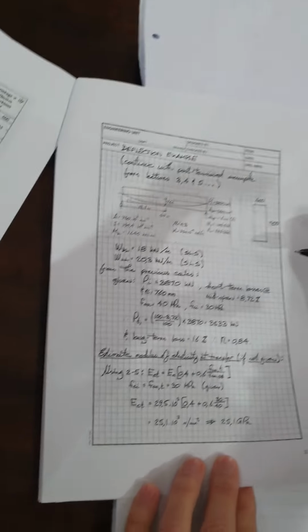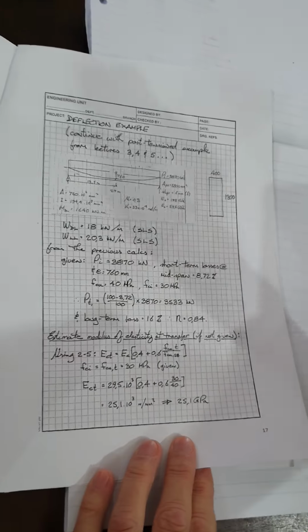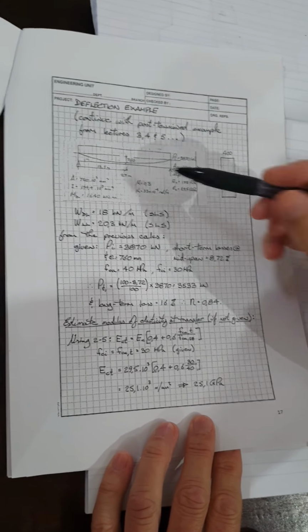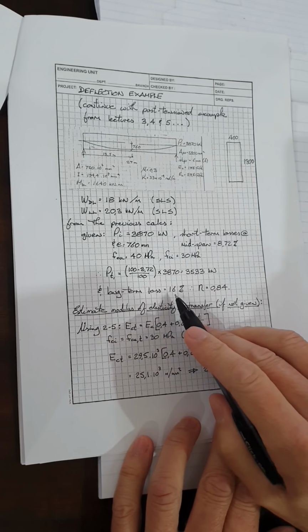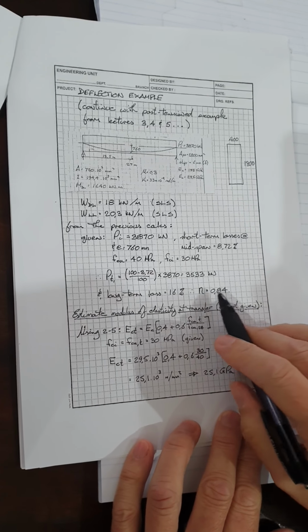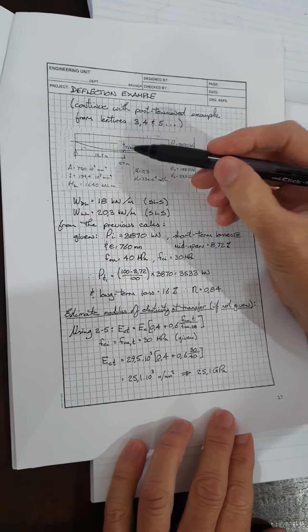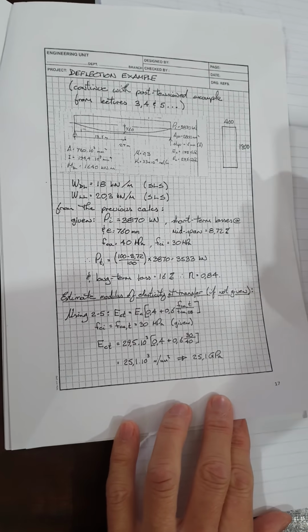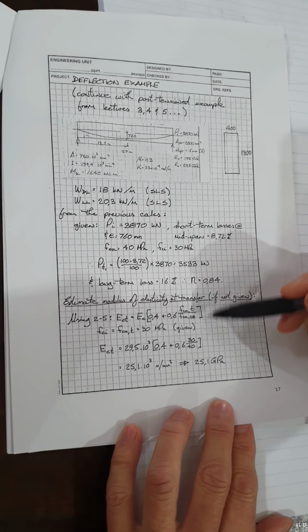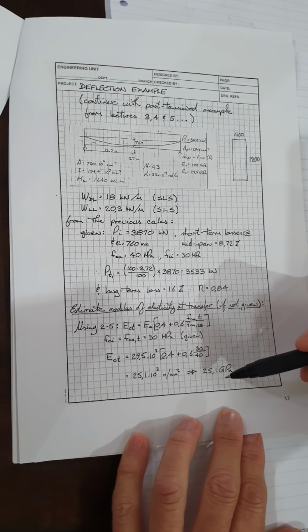The things you're going to need to do: you need to know your effective pre-stress at mid-span. Of course, you know that, because you've already calculated your long-term losses, so you won't need to factor it. You will just use whatever your pre-stress is after long-term loss. What we need to do, the first step that we see here, is